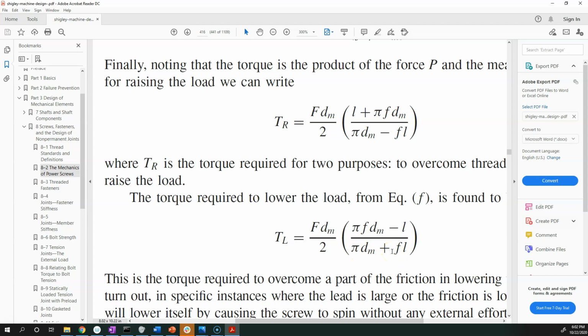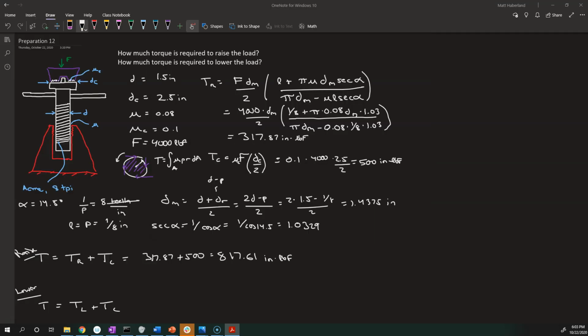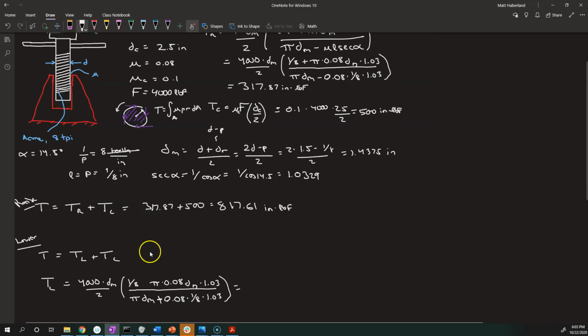So you need to be a little bit careful. The way that I've written it is a little bit more convenient because you just flip these signs. Here, it didn't just flip the signs. It put a minus in front of this L, and it flipped this sign. That's a little different from how I've written it. This here is still a plus. This up here is a minus. And I get